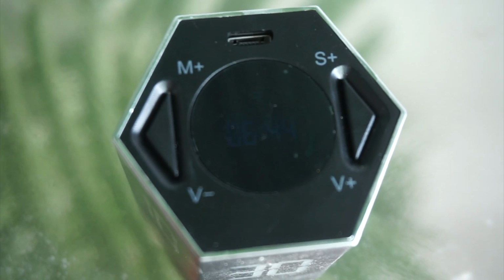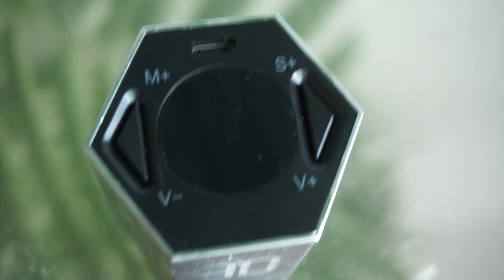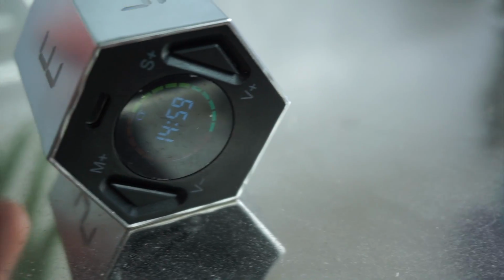Doing that actually stopped the time. As you can see, when you flip it upwards, it stops. So let's check out this other feature where it has preset times, and putting it down, it starts with 3 minutes, then you're at 15,